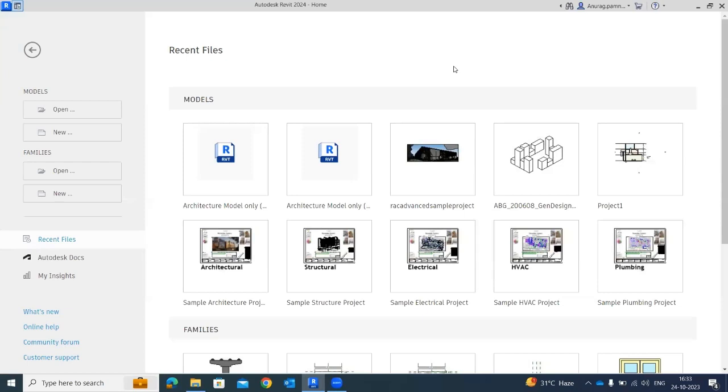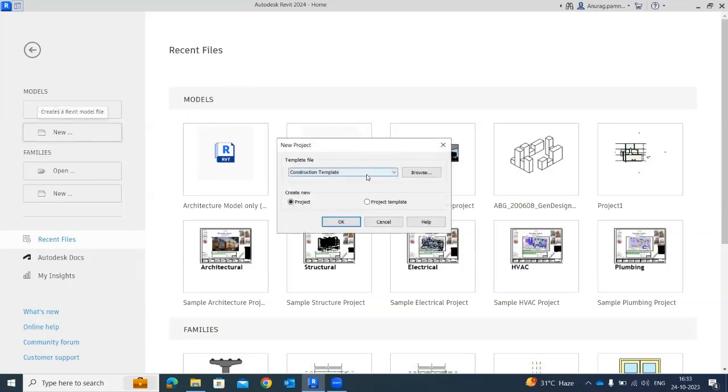So yeah, here I am at my software interface, and before starting a project, we have to set all these and we have to choose a particular template so that we don't need to work again and again on it. So how to do that? Just for example, I'm creating a new project. So going on to the new tab, and then under this, we have this template file, where we have a number of template files that are available to us. Depending upon our discipline to use, we have to use them,